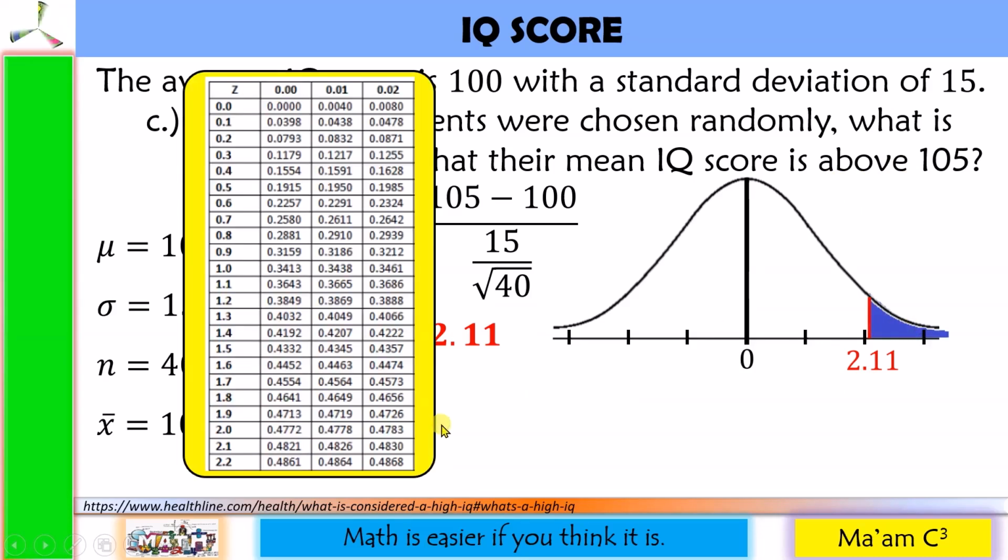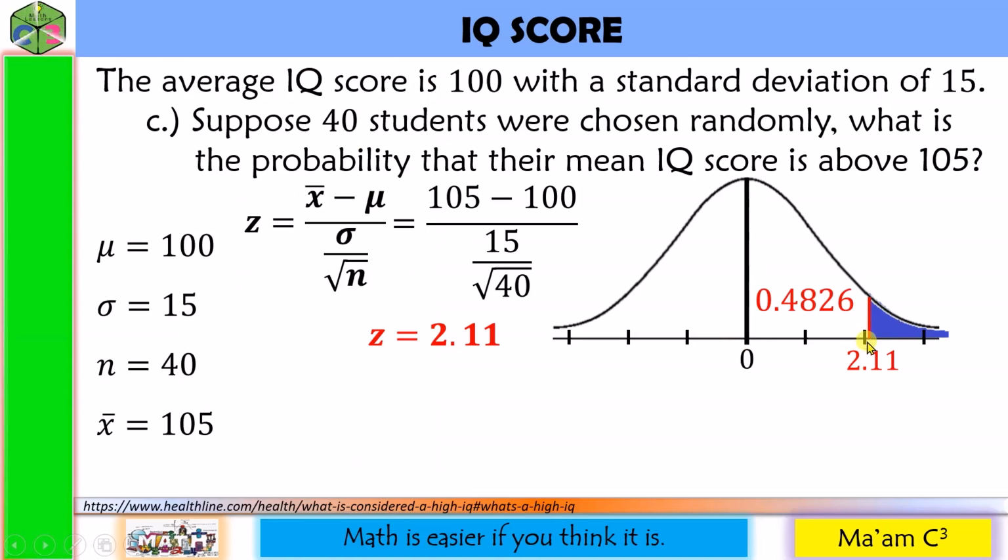Let's have our table. A part of our table. Let us locate 2.1 in this column. It's here. And then the hundredths digit on the top row. It's here. Let us get the intersection. And this is 0.4826. This area is from the mean